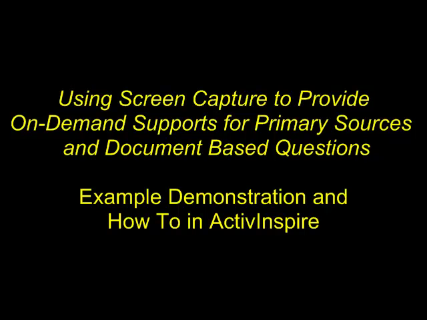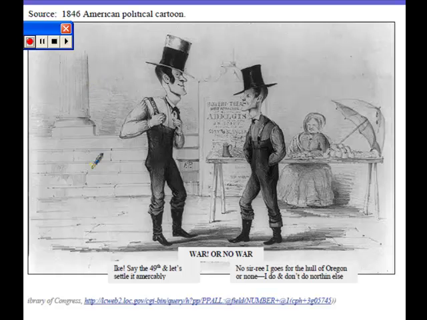Screen capture can provide a number of supports for students as they're interacting with primary sources and trying to answer document-based questions. Some of the ways that it can provide support are through highlighting critical features with annotation tools, providing vocabulary supports, background knowledge. Just by virtue of it being read aloud, it can provide a reading support for those who struggle with reading on grade level or possibly with some of the language that they're asked to read in